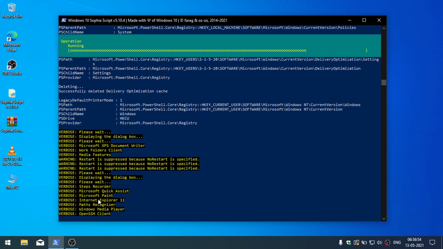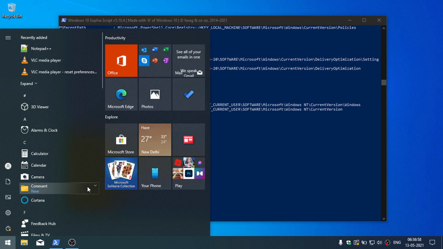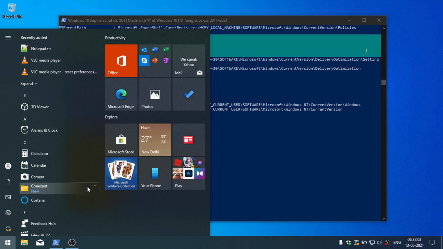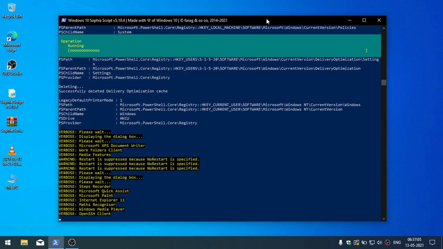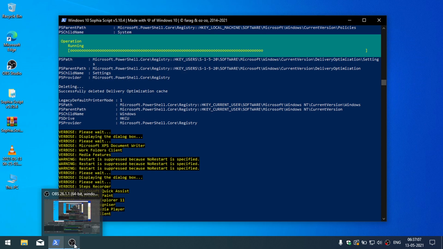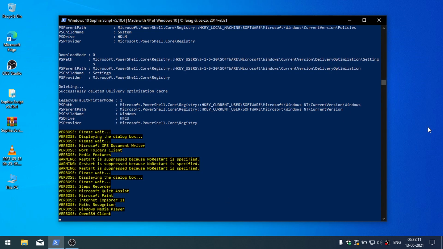As you can see, it is removing so many things. Always check if there is a pop-up behind. I don't have any pop-up now, so I can wait.